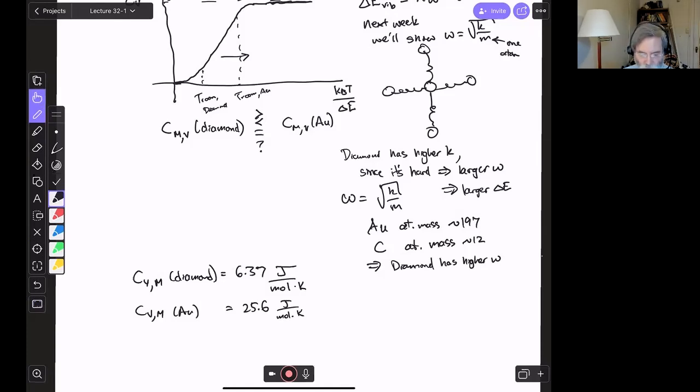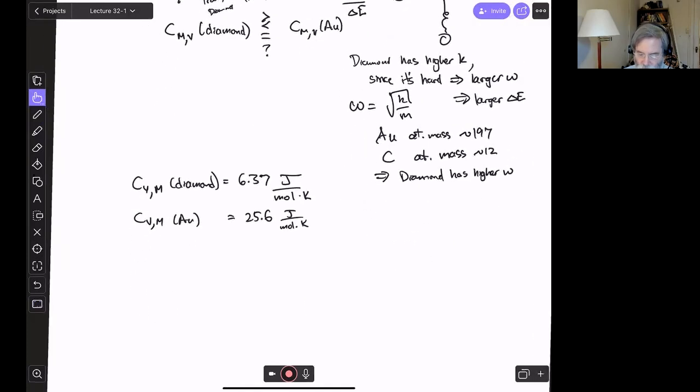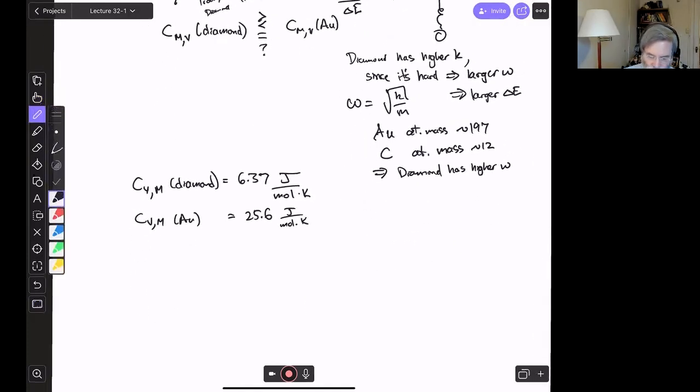Okay, so now let's ask another concept test. I don't think I'm going to put you in breakout rooms for this. I'll just give you a moment to think about this. Let's compare the heat capacity at constant volume, the molar heat capacity of diamond